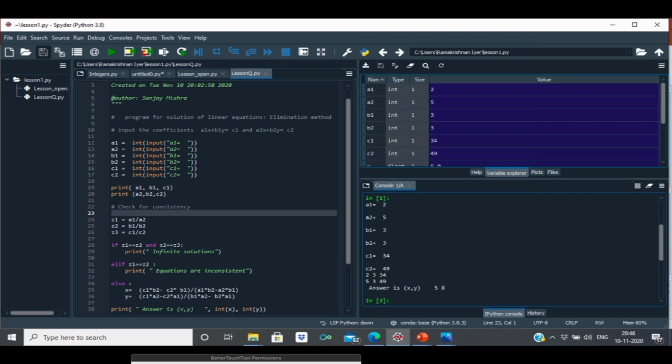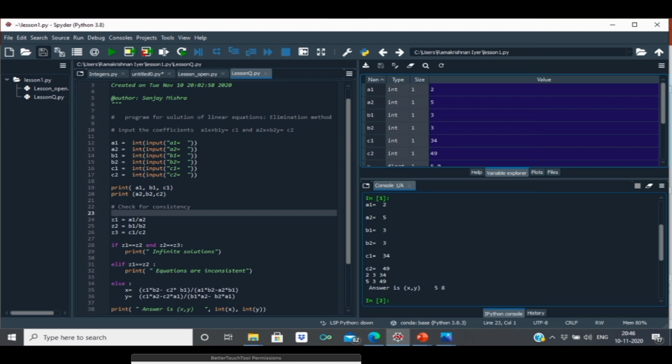And it will automatically indent, meaning print is not in line with the if statement. It is moving inside. That is called indentation. So it indents the print statement, so the Python interpreter knows that print is a part of this if statement. Anything written below the print in the same indentation will be part of the if block.